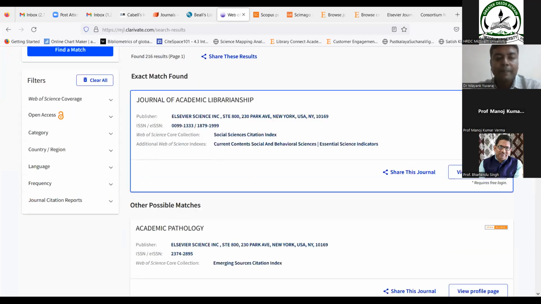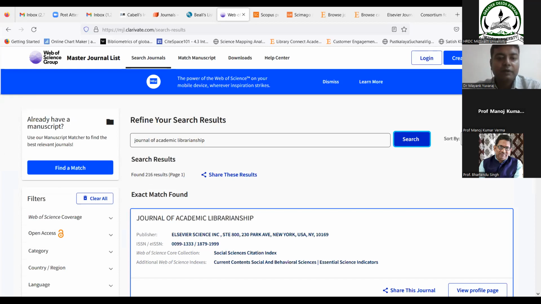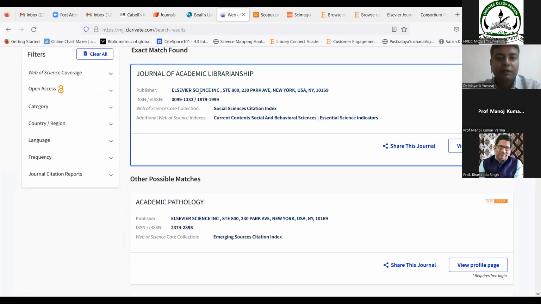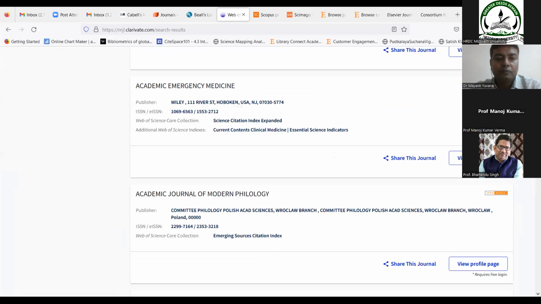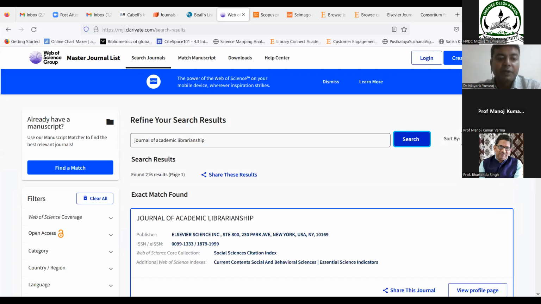Like you see, I searched for a journal and I found it in detail. All the details are over there. Likewise, you can search by subject also. So many options are given over there.